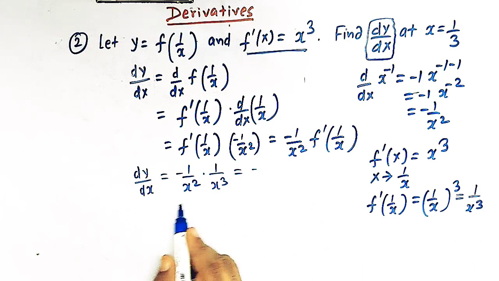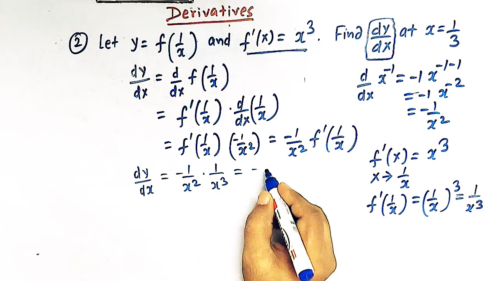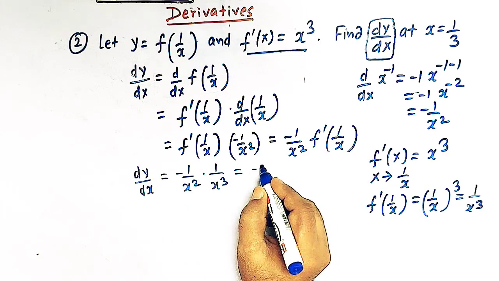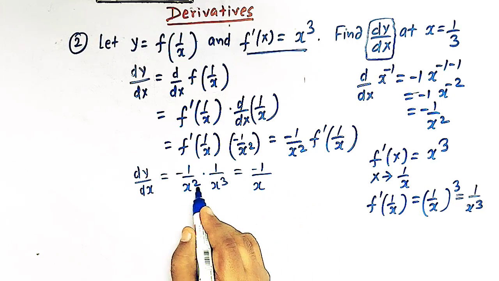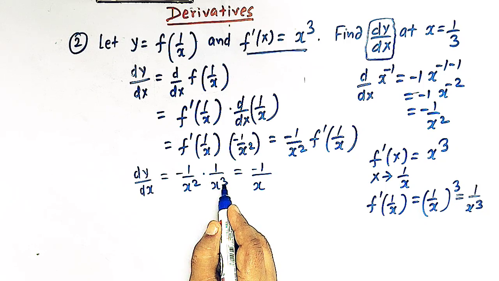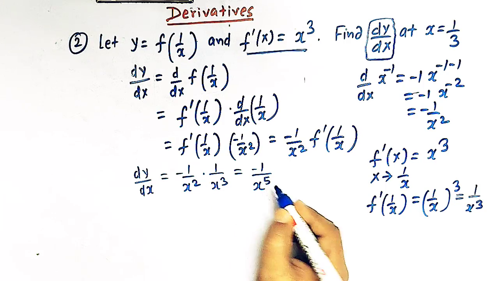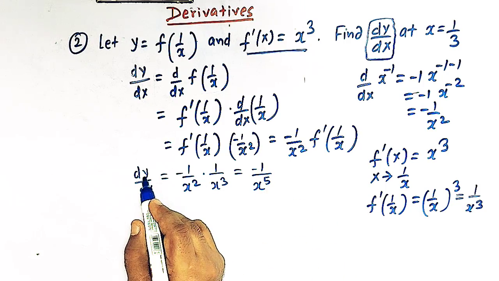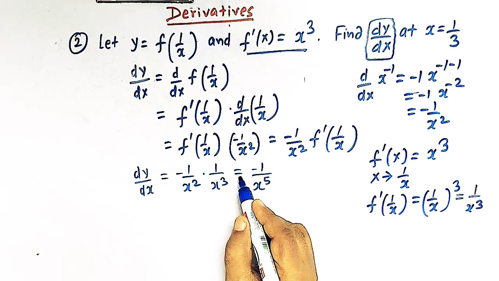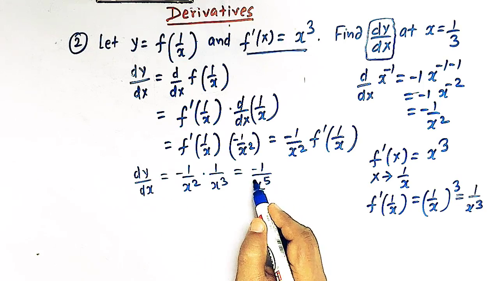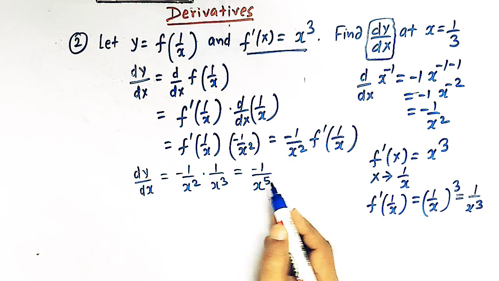Now by the laws of exponents, here we have minus 1 over x raised to 2 plus 3, that is 5, right? So dy over dx is equal to negative of 1 over x raised to 5,